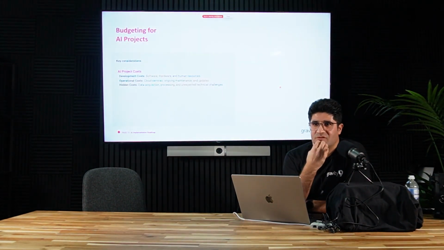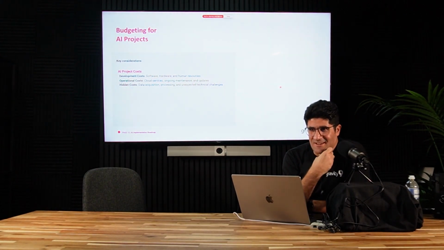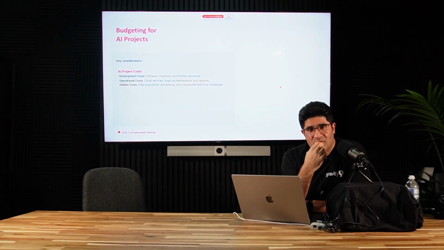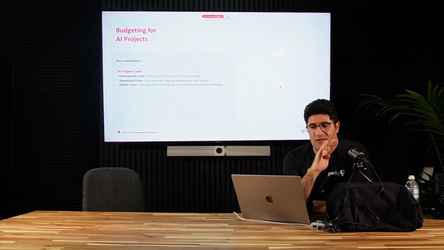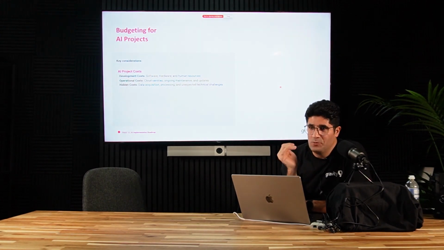Budgeting, as the last subject for today, is how we can budget for an AI project. It's a very tricky area. Lots of people try to avoid speaking about that, but I selected it to share some maybe basic considerations. So when we try to create a budget or evaluate the cost of an AI project, you can think of 3 different areas: development cost, operational cost, and hidden cost. So development cost is really clear.